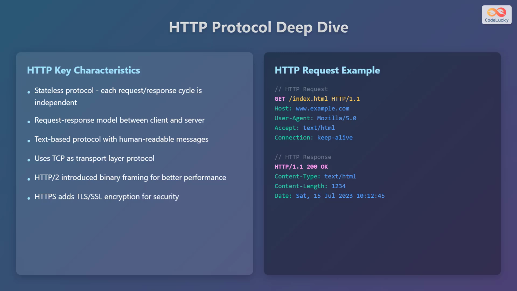The Hypertext Transfer Protocol version 2, or HTTP/2, introduced binary framing for better performance, and Hypertext Transfer Protocol Secure, or HTTPS, adds Transport Layer Security or Secure Sockets Layer, commonly known as TLS or SSL, encryption for security. Here is an example of an HTTP request. The client sends a GET request for index.html using Hypertext Transfer Protocol version 1.1, or